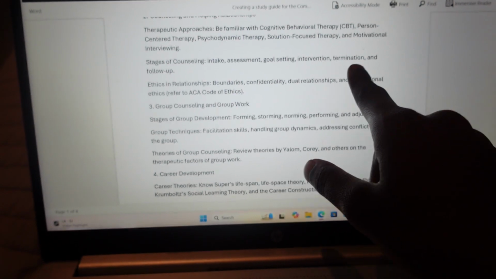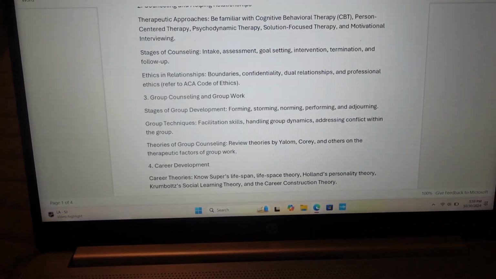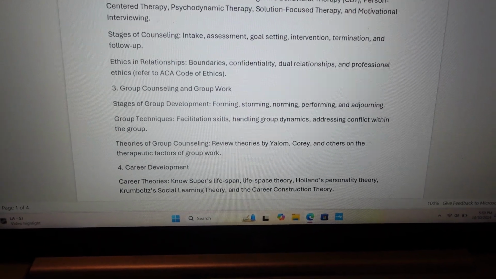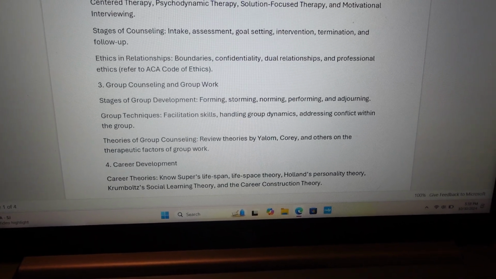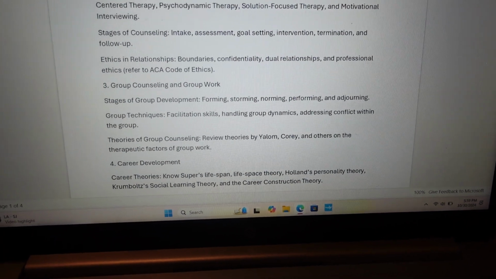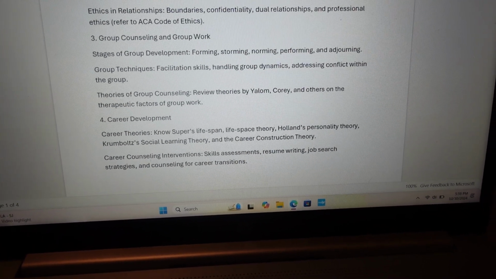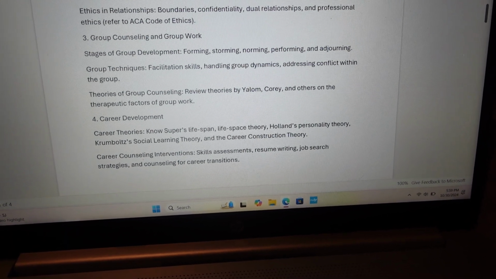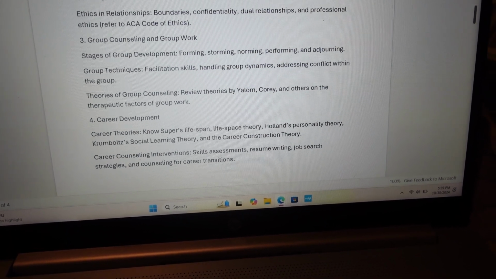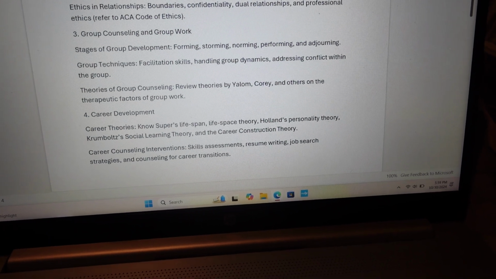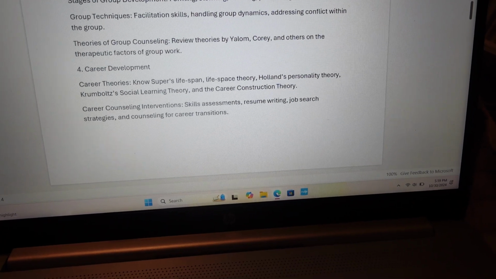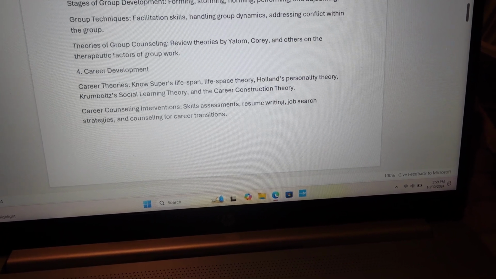Then you have stages of counseling: intake assessment, goal setting, intervention, termination, and follow-up. You got ethics and relationships, boundaries, confidentiality, dual relationships, and professional ethics, referred to the ACA codes of ethics. The next one, you have group counseling and group work, stages of group development: forming, storming, norming, performing, and adjourning. Group techniques, facilitation skills, handling group dynamics, addressing conflict within the group, theories of group counseling, review theories by Yalom,